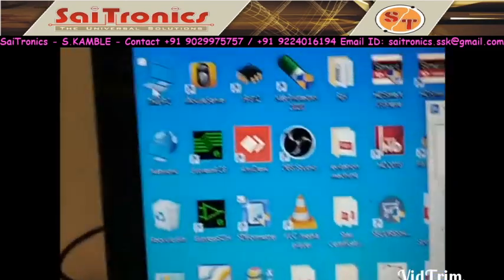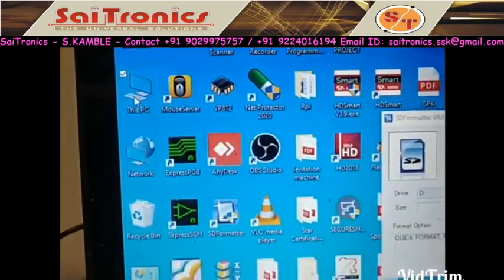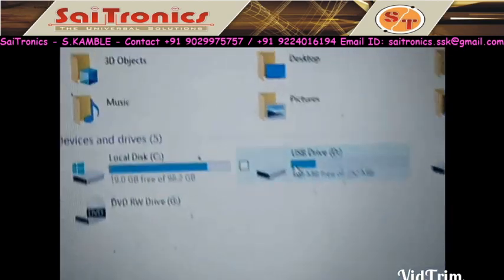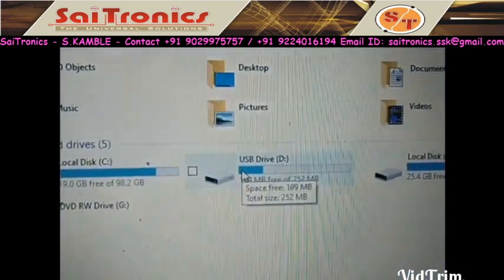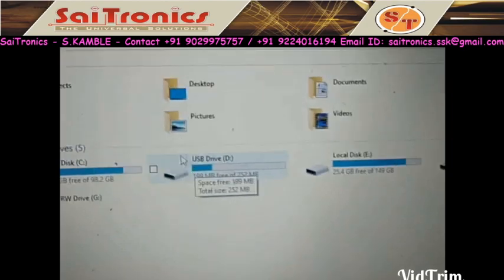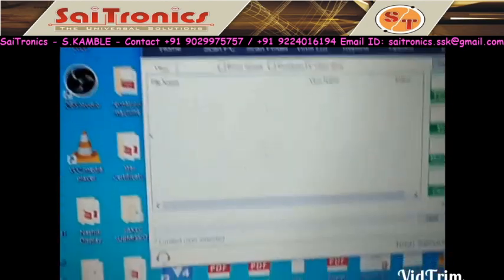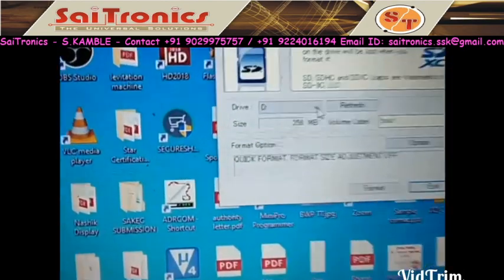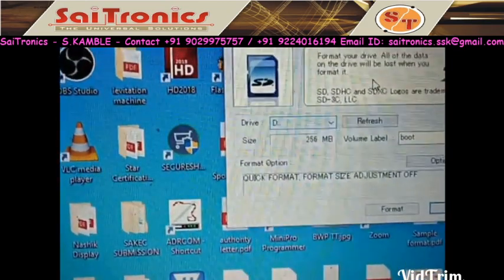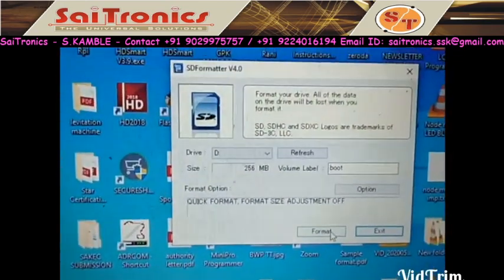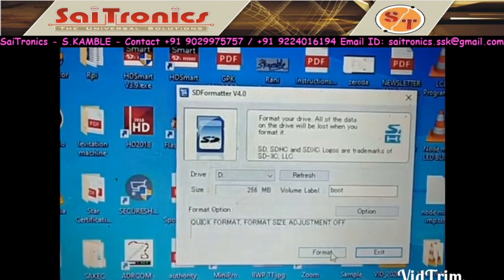Okay, so first check whether you have selected the proper drive. So D drive is my USB drive. If you select other drive, then your computer may format. So please select proper drive. So I had selected this D drive, SD card, and then you have to select format. So I will click on format.